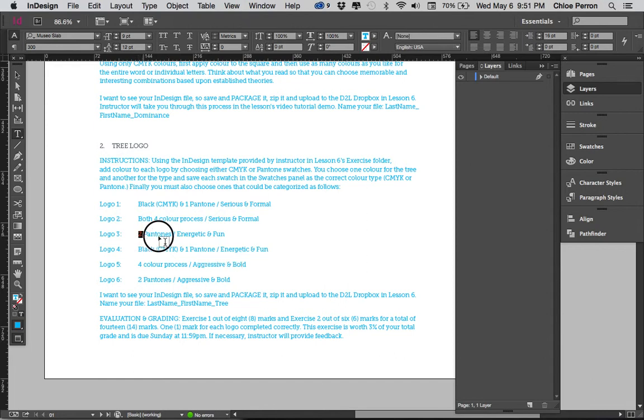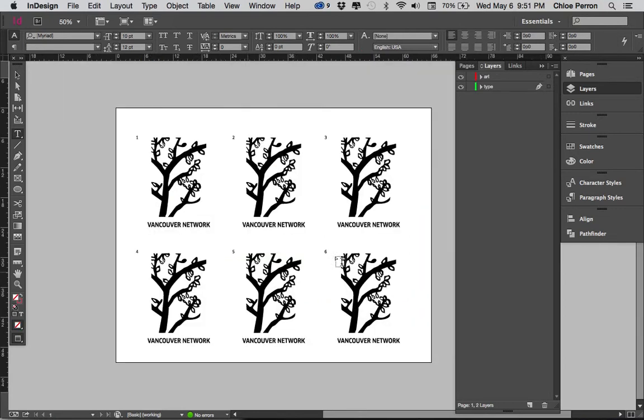Logo 3, I want you to pick 2 Pantones, and it must be energetic and fun colors. Again, for logo 4, CMYK black and 1 Pantone. 4-color process for 5, meaning CMYK, and logo 6, I want you to pick 2 Pantones, and it must be aggressive and bold. So how you do that is just like we did for the color dominance swatches, we're going